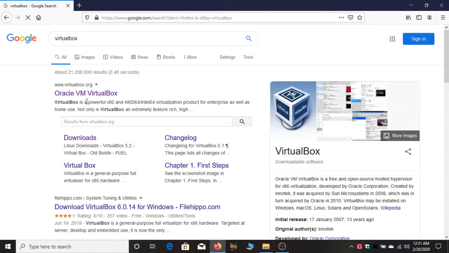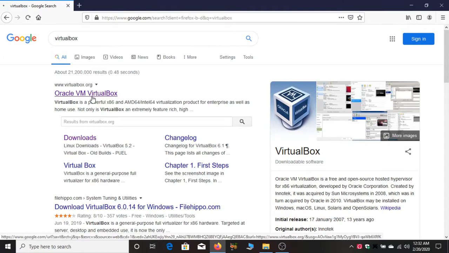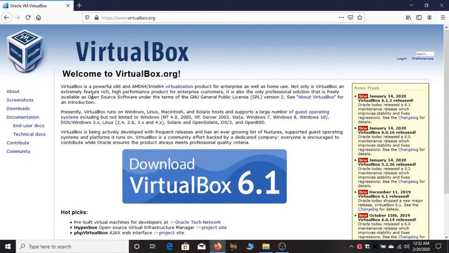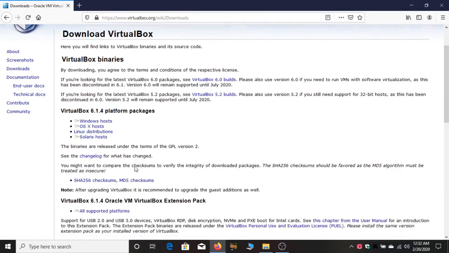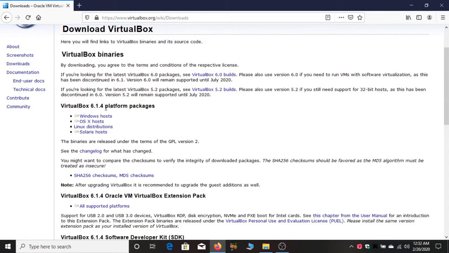Here you can see the official site of Oracle VM Virtualbox has been opened, so you have to just click on the first one, and once you click that, it will open a new window. Here you can see, and then you just need to click on this downloads. I will click on downloads, and now here you can see Virtualbox